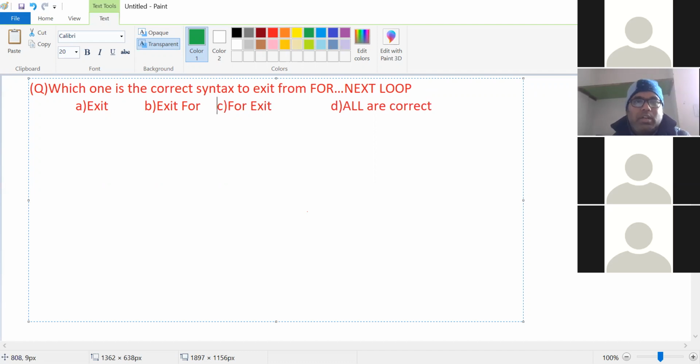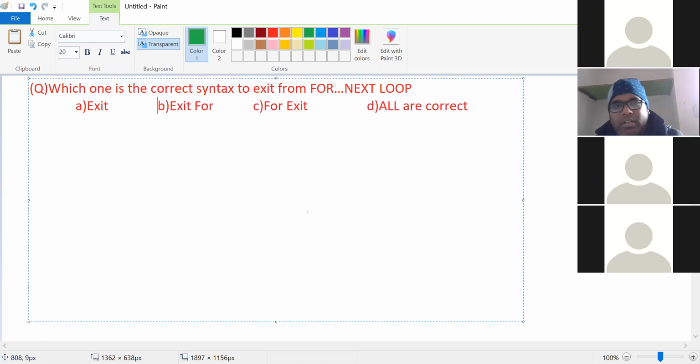Yes, which one is the correct option? Which one is the correct syntax to exit from for next loop?